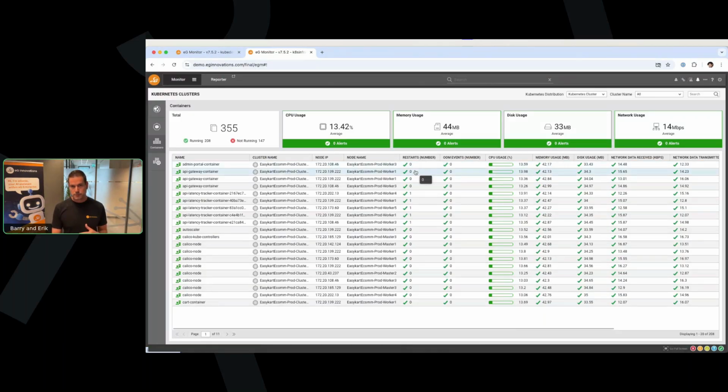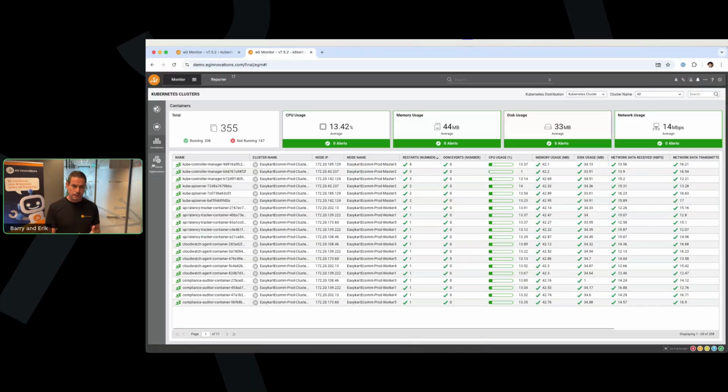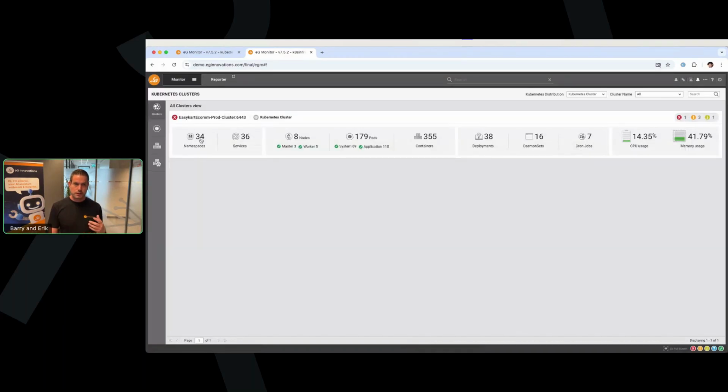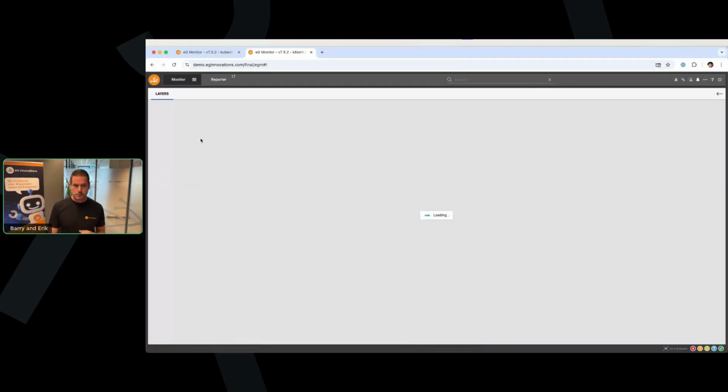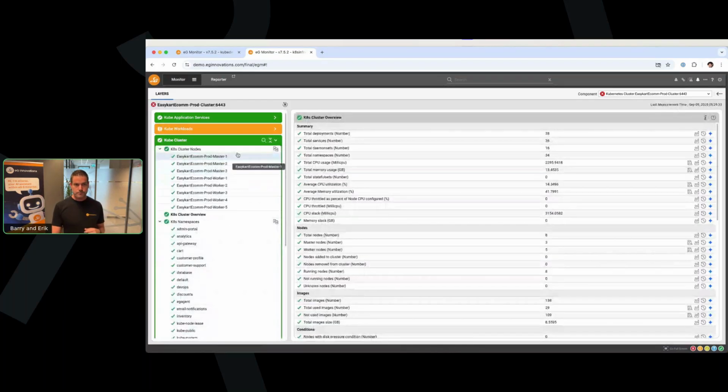immediately. Now I can also search and filter, of course, but maybe I want to know if there are a lot of container restarts, then I can just simply sort on that. Now, we also support containerized applications and the monitoring of the applications within the container. I will handle that in a bit. So we will first zoom in to all the details.